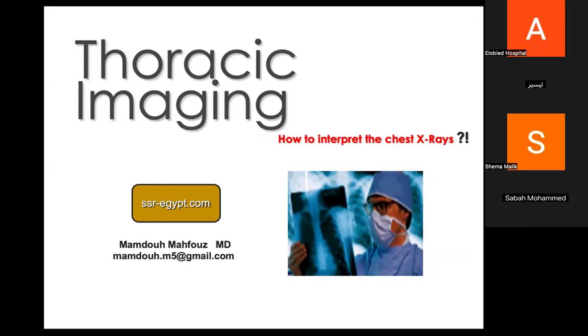So the chest radiograph has to be done properly. That's one. Secondly, it has to be interpreted properly as well, because it gives very simple solutions to a variety of diseases. You can tackle very complicated conditions and situations, and at the same time you might tackle very easy things with these chest radiographs.